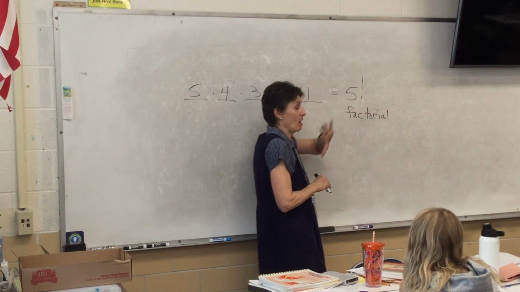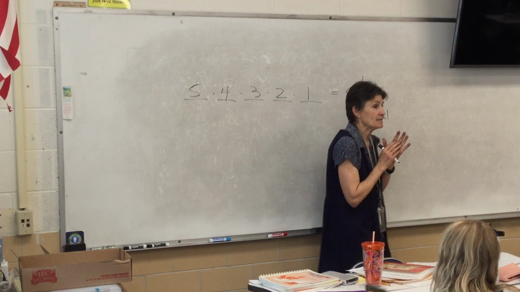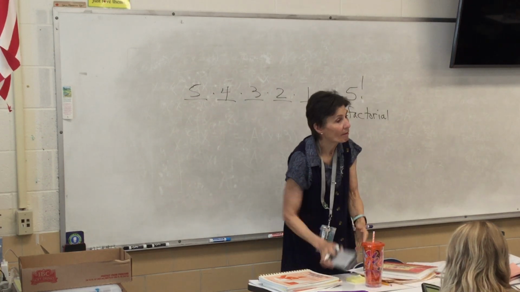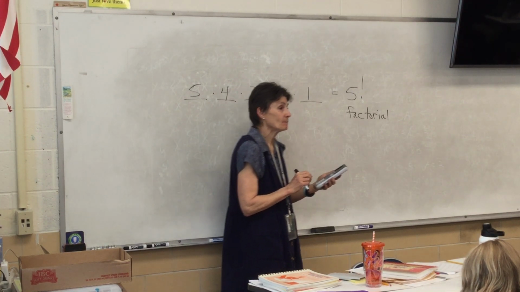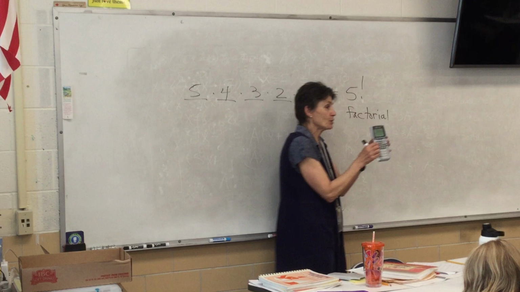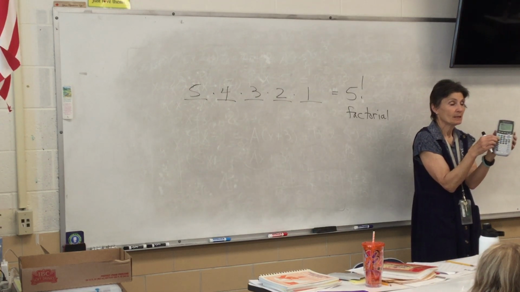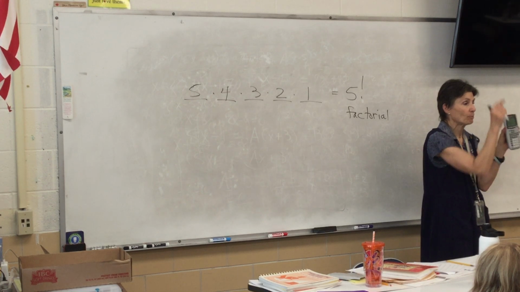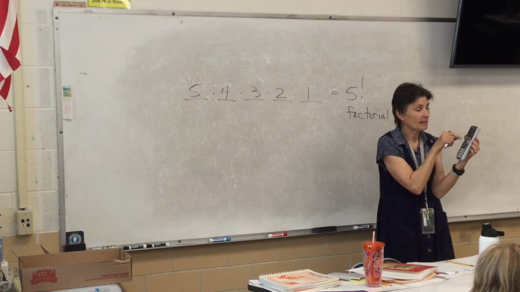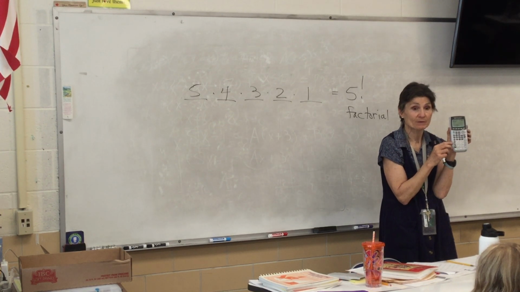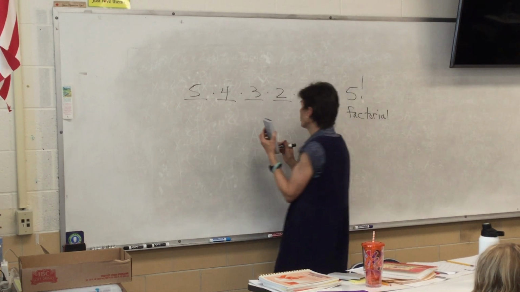Okay? Now, on the calculator, get them out. I need you to press the number 5. So we're going to do 5 factorial. And then I need you to go to your math button, the regular old math button, and click all the way across to probability on the top there. And what do you see right there? Down there, for me, it's entry number 4. Do you see your factorial symbol? So go down there and press enter. And 5 factorial is